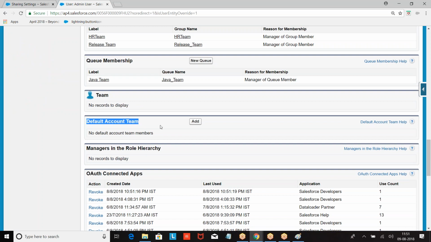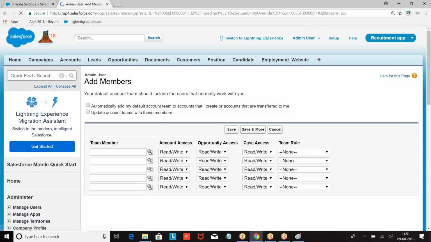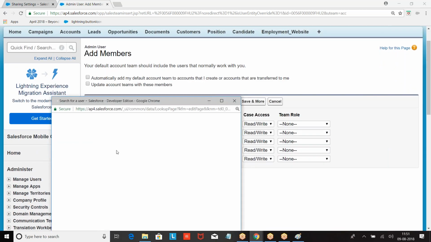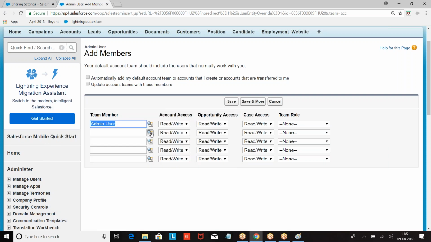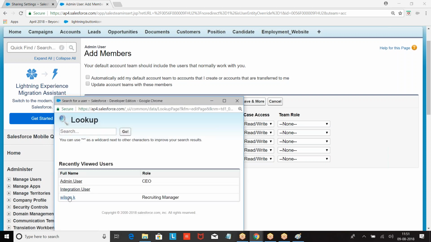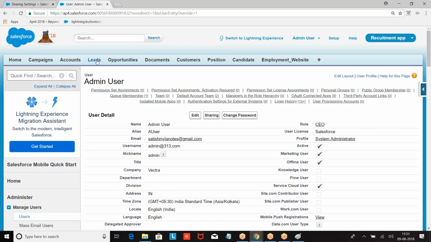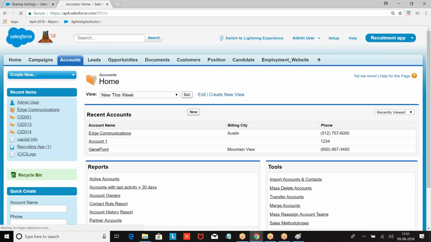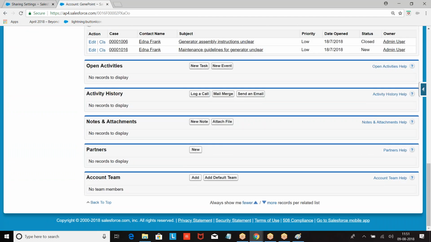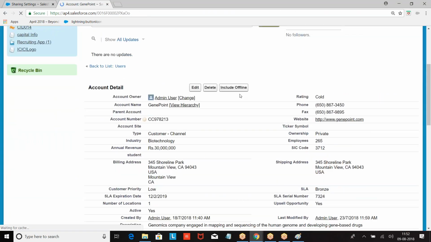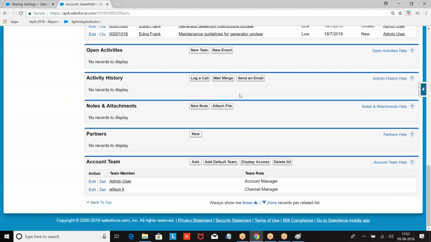You create your own default team. Now you are creating your own default team. Then what I can do? Go to the account and say add my default team. I hope you are good with this.